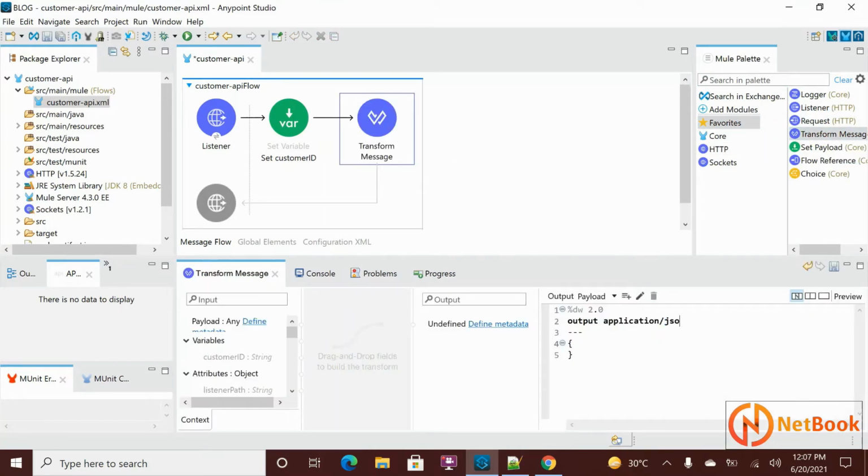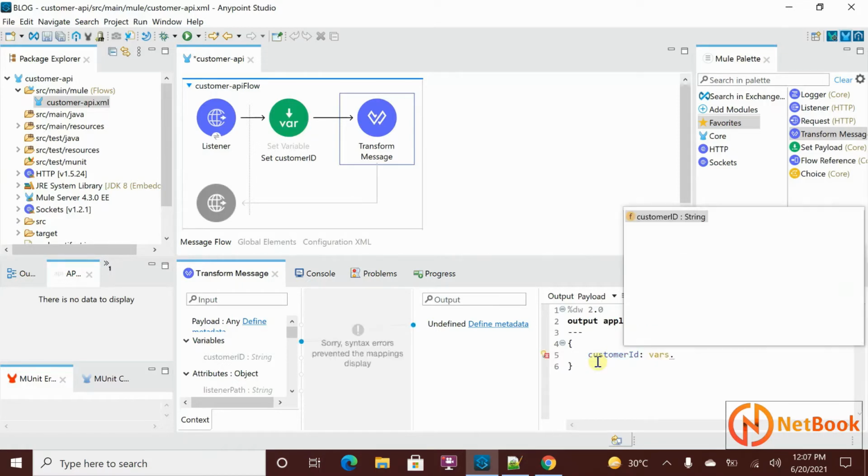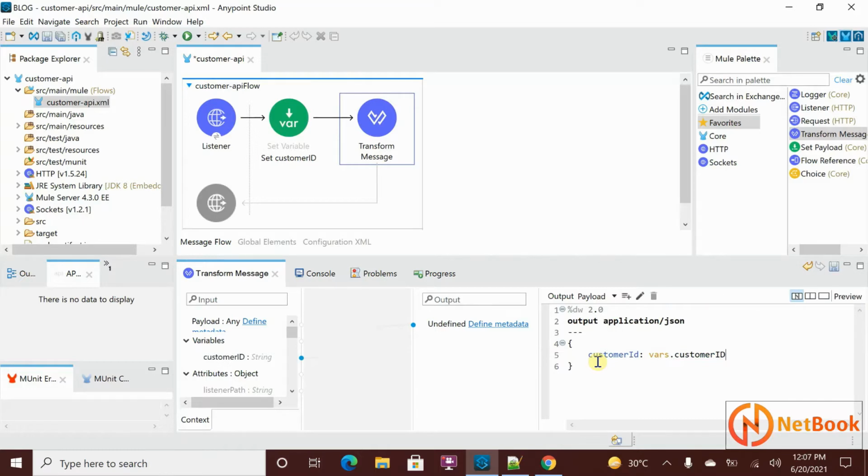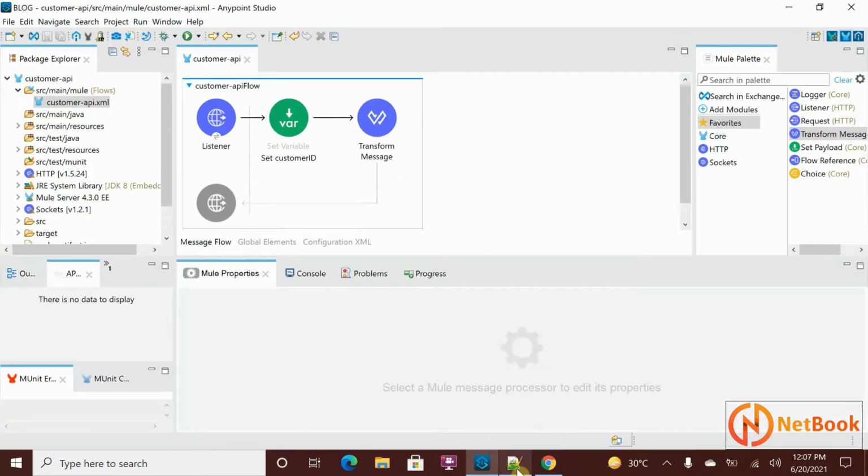I can change it to JSON. I'm going to say customer ID colon, and it is under the variable customer ID. I'm going to assign that. Then I want to append that value to my payload, whatever is coming in. Okay, that is what I'm doing over here. That's it. Then the next step is I want to